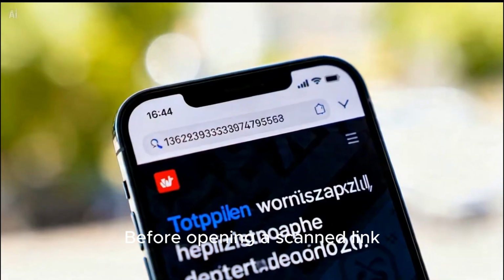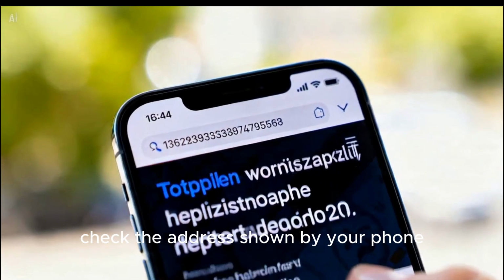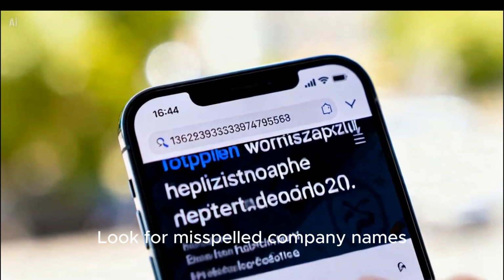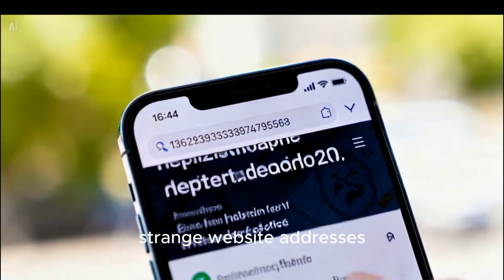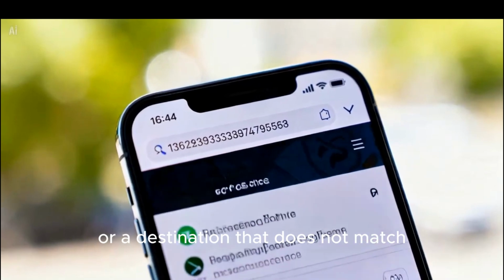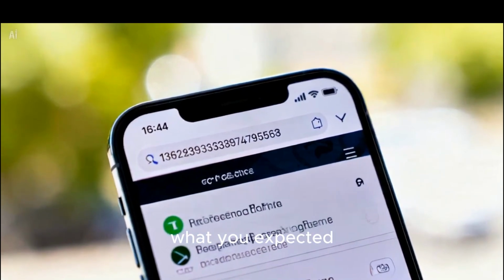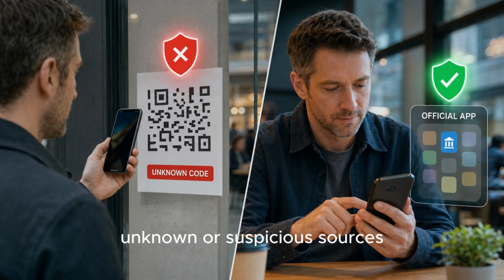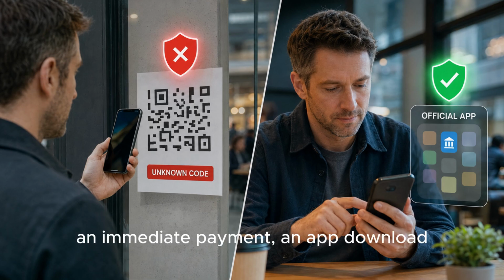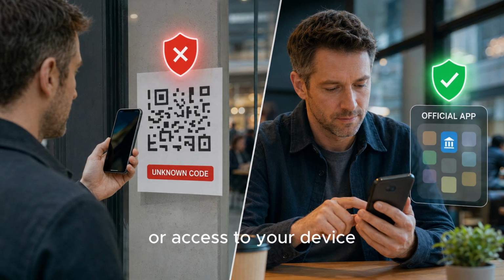Before opening a scanned link, check the address shown by your phone. Look for misspelled company names, strange website addresses, or a destination that does not match what you expected. Do not scan codes from unknown or suspicious sources. Be especially careful if a code asks for a password, banking information, an immediate payment, an app download, or access to your device. For an important payment or account login, opening the official app or typing the known website yourself